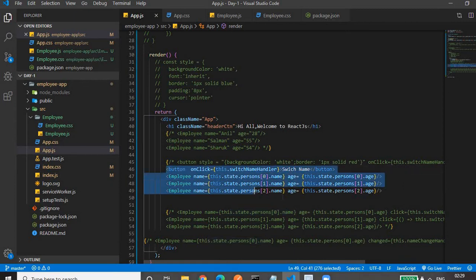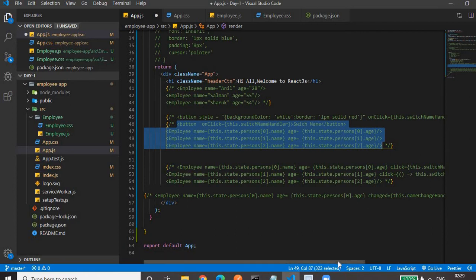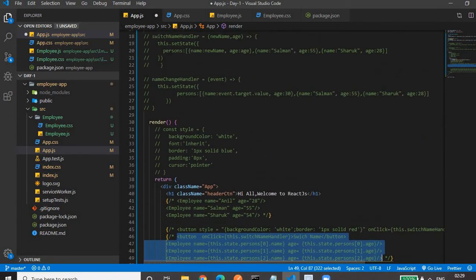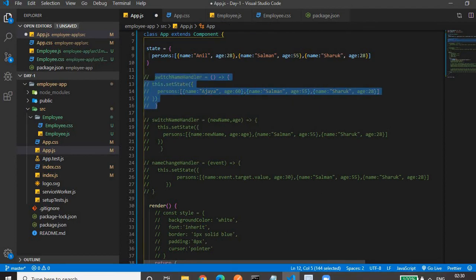So let me comment it. Now we'll see how we can pass some parameter to a function. This is a function without any parameters. By default it has the event parameter. We don't need the event, so that's why we have not mentioned it. Now we'll see how we can pass a parameter to this function.